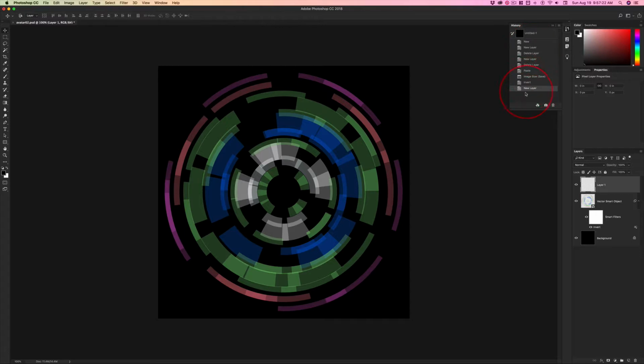Photoshop in the history panel is going to say Stamp Visible. But what this actually does is it merges everything that's visible onto one layer. Okay, so there's no other way to do it than to do it this way. Shift, Option, Command, E for everything. Okay, Shift, Option, Command, E. And the reason I made a new layer is sometimes it works, sometimes it doesn't without making a new layer. And so I just do it that way